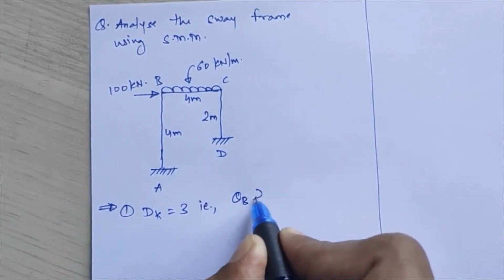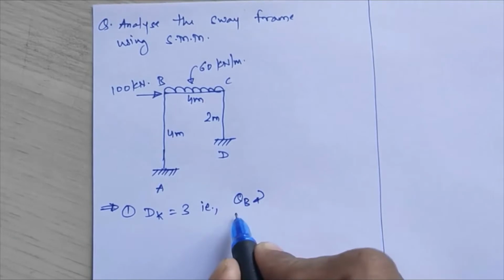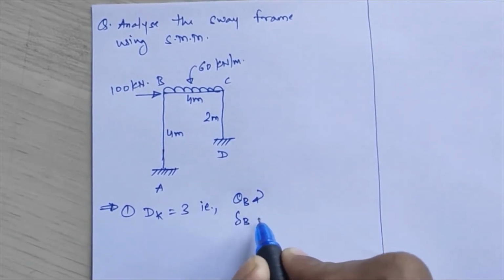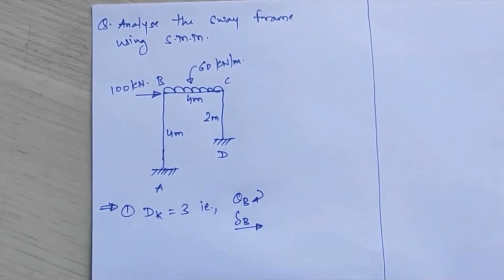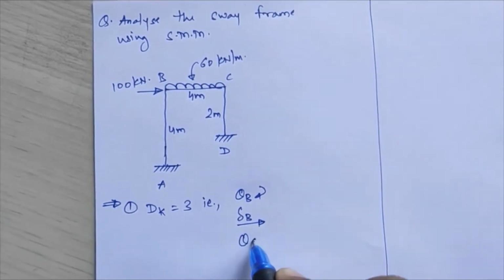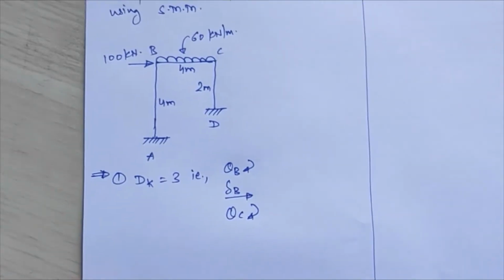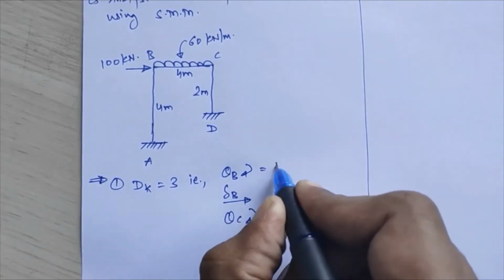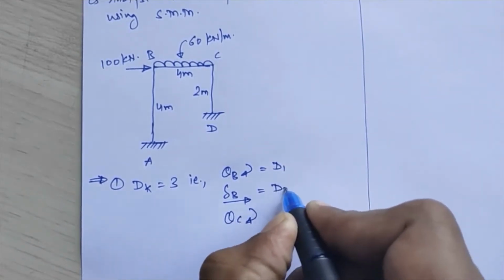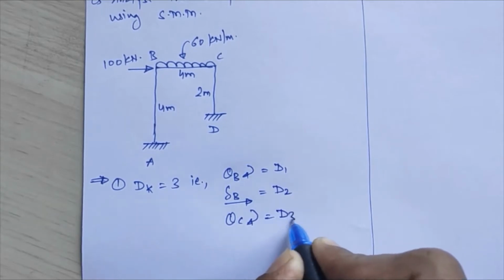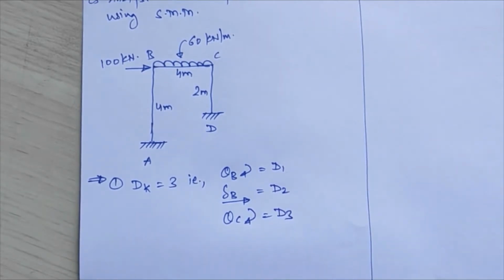and those will be your values: first one, that is theta b, I'll assume that as clockwise rotation. Second, that is your delta b, suppose I assume that towards the rightward side, and the third is theta c, again I assume that towards the clockwise direction over there. Suppose I assume this as d1, this as d2, and this as d3. So I'll mark the coordinates in this, that is coordinate number 1, coordinate number 2, and coordinate number 3 over